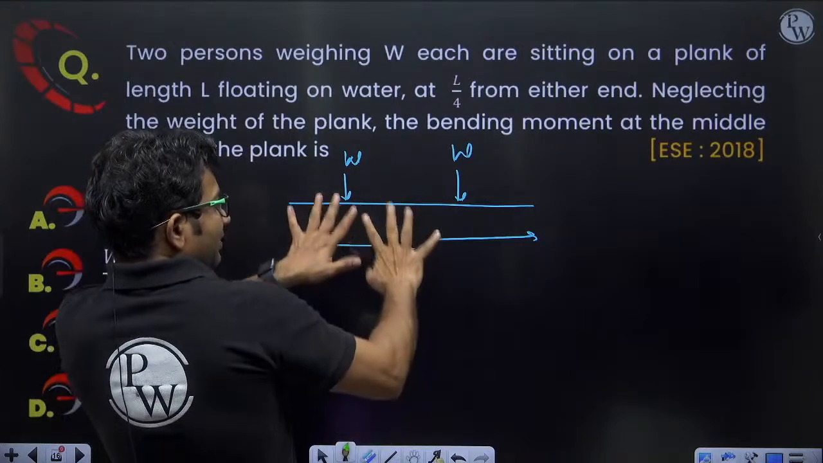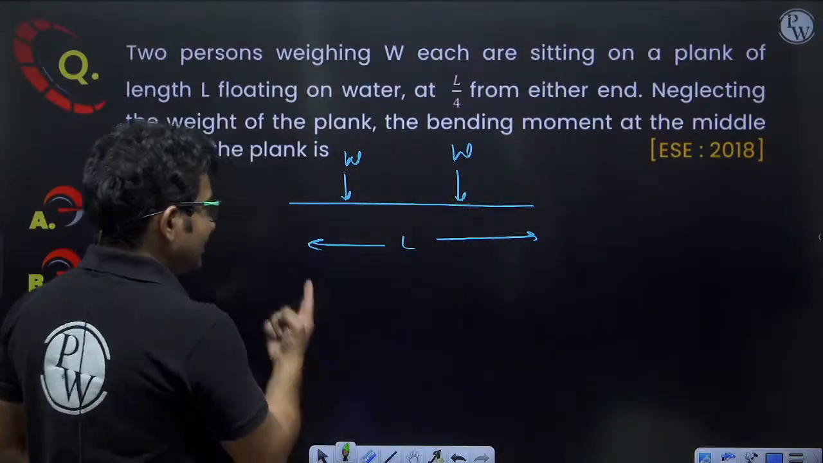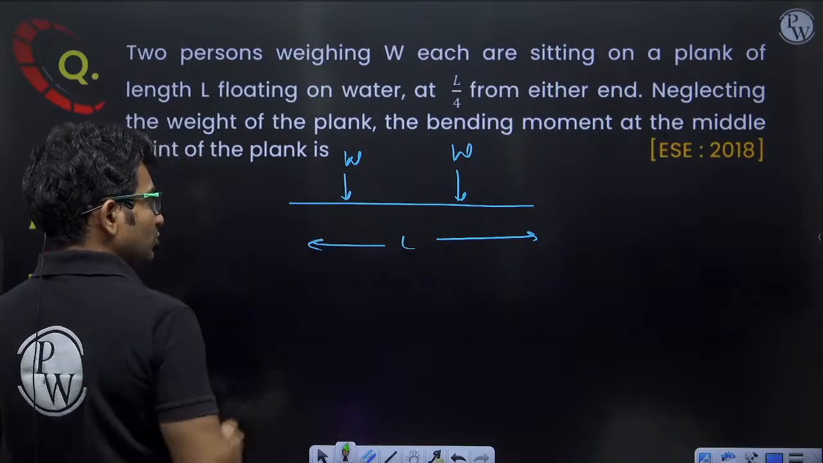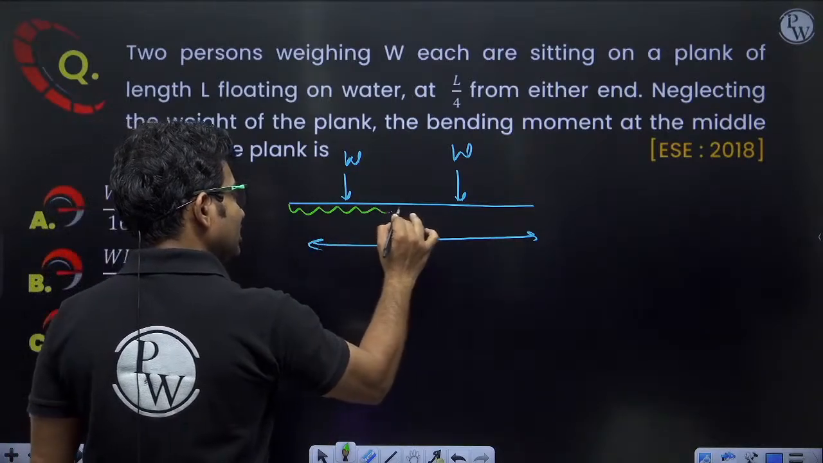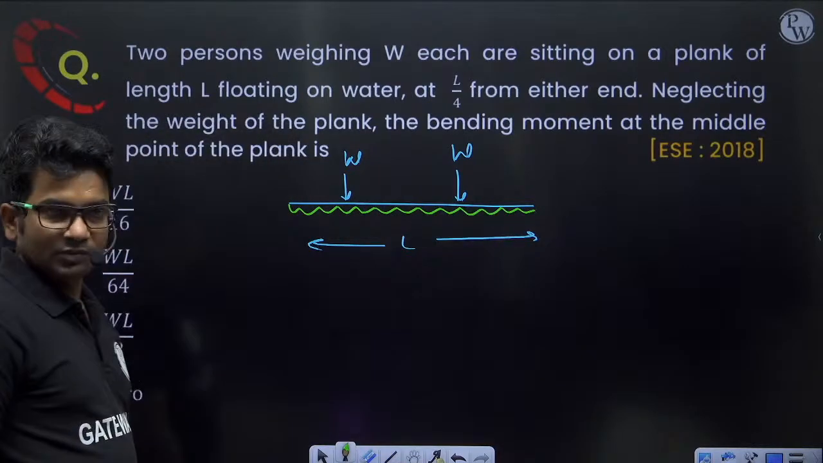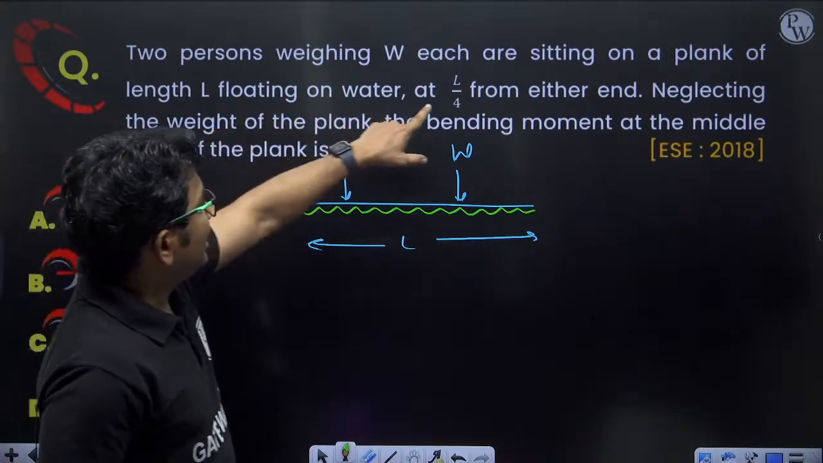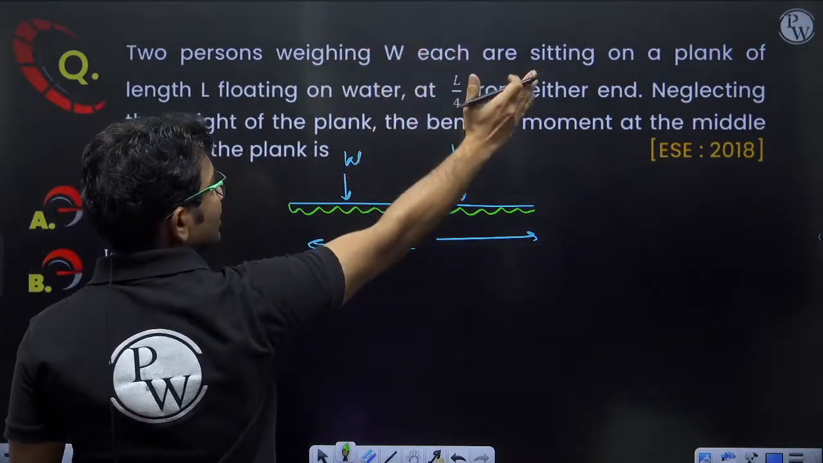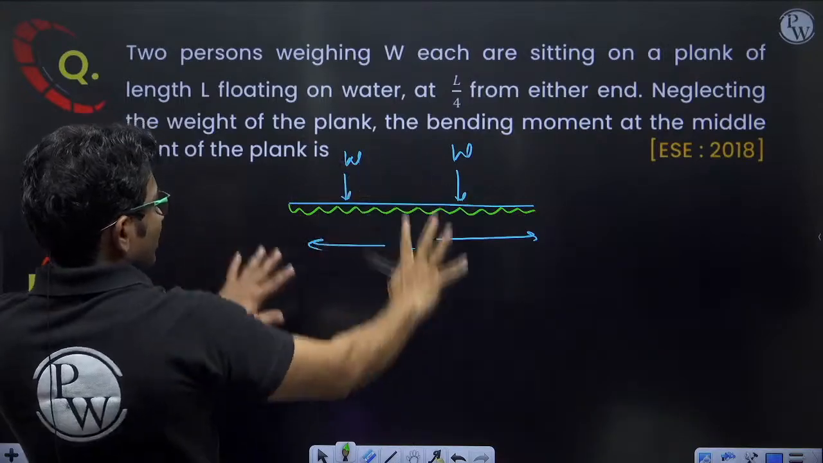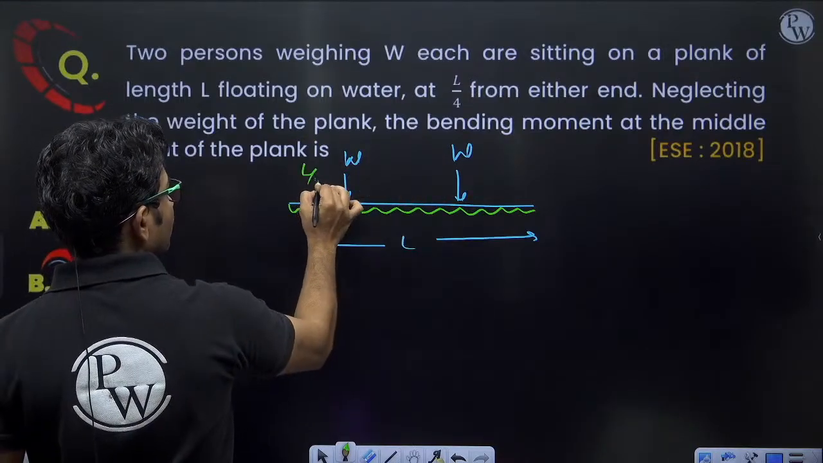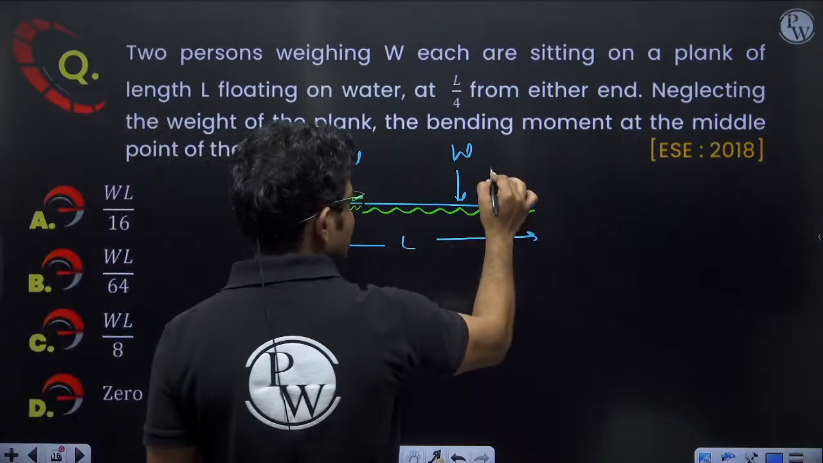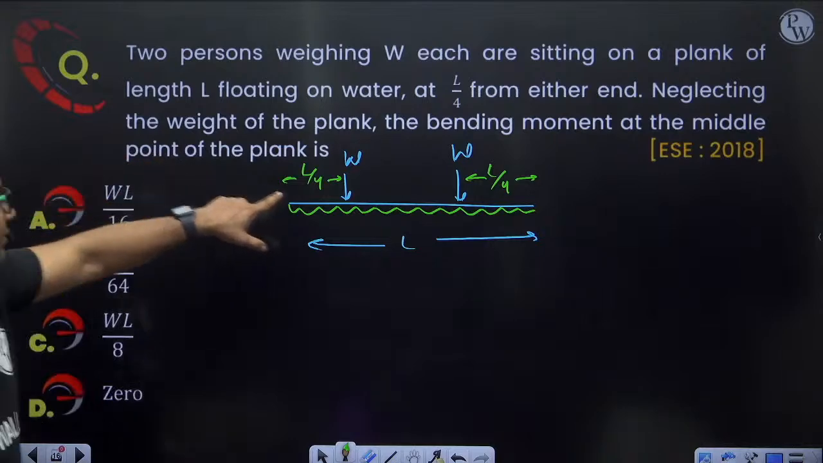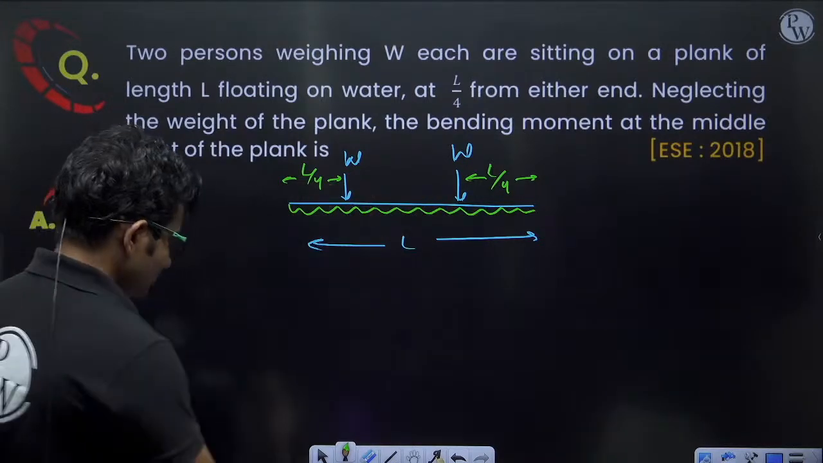So what will be the pressure of water? Is water acting at a point? No, water is acting uniformly. Because of water there will be a uniformly distributed load like this. These two persons of weight W each are sitting on a plank of length L floating on water at L by 4 from each end. So this distance is L by 4, this distance is L by 4, from either end. Neglecting the weight of the plank, the bending moment at the middle of the plank is,